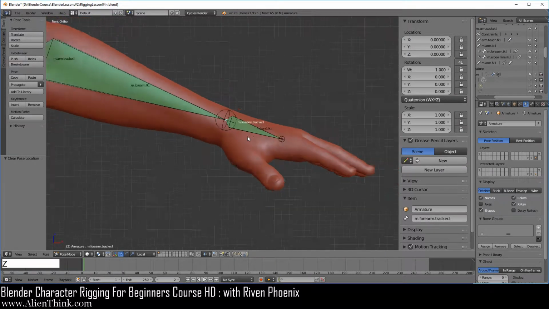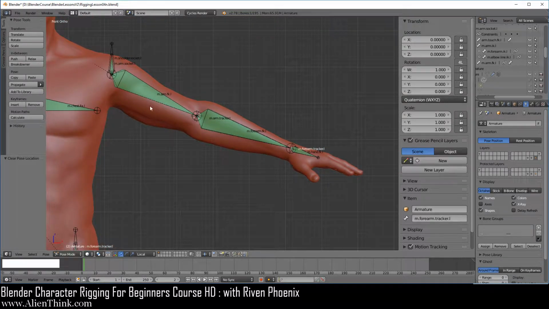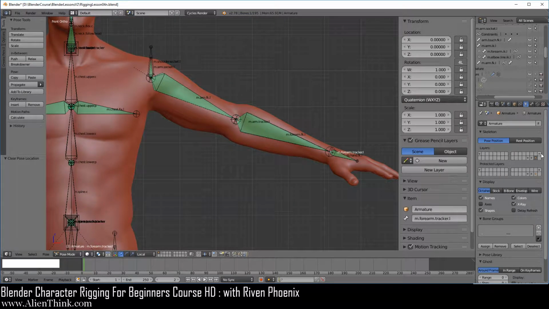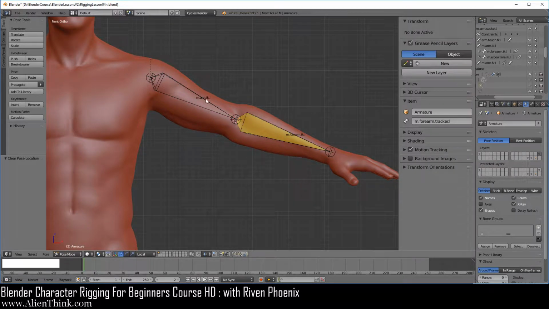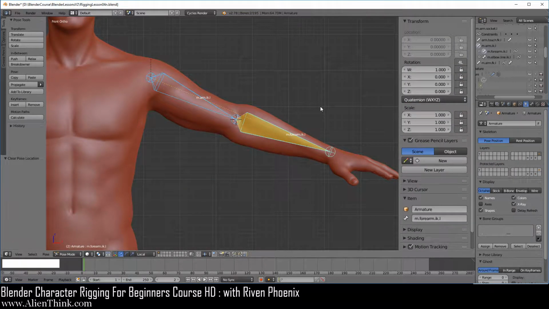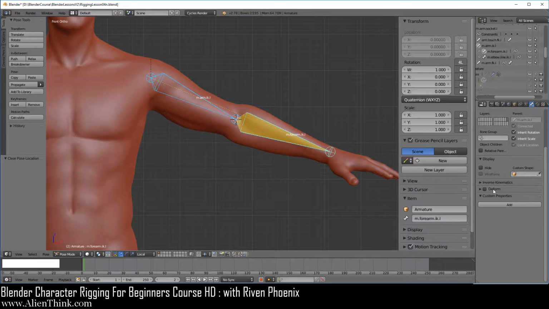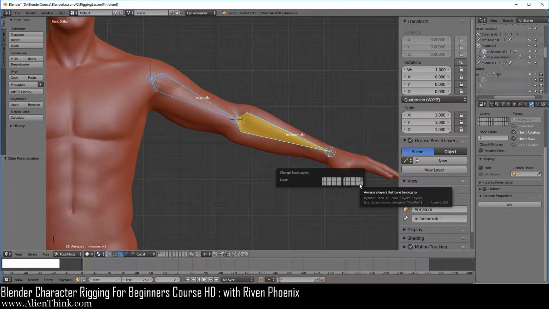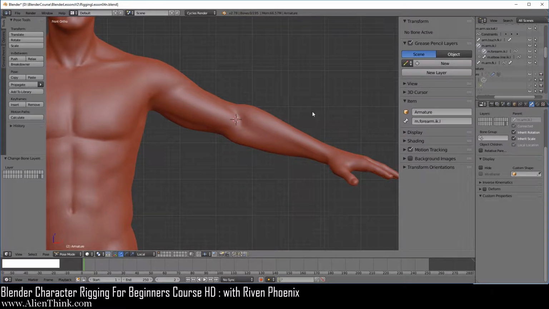Okay, I'm just going to press the Z key over here. Now, what we want to do is basically click over here and click on these two bones. And here we're just going to put these bones back to the non-deform layer. Now, before you do that, it's a good idea to actually make sure that the deform is off on these two bones. Okay, so here I'm going to click on this bone, press the M key, and go ahead and just put these bones on this layer over here.